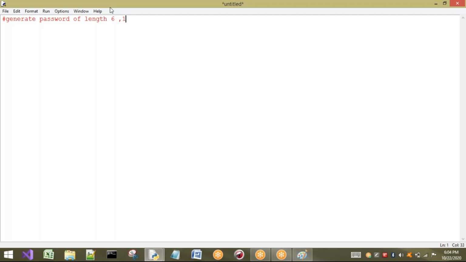The first digit, and then the third digit and the fifth character should be characters. And the remaining, that is the second, fourth and sixth, should be numbers. So this is the program I am going to write now.